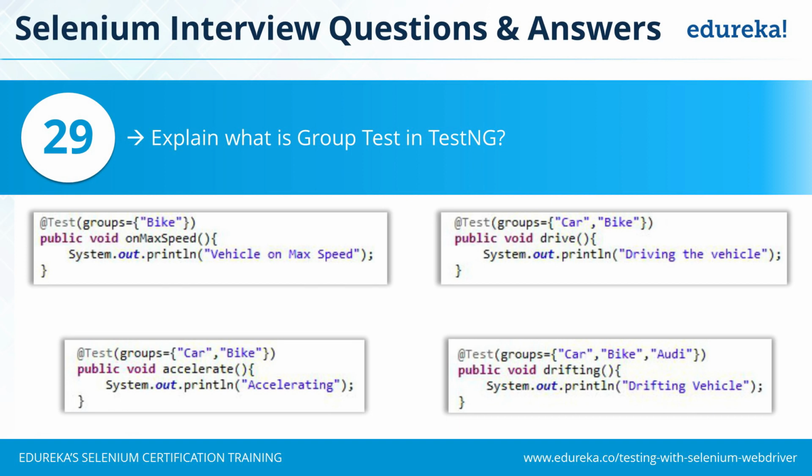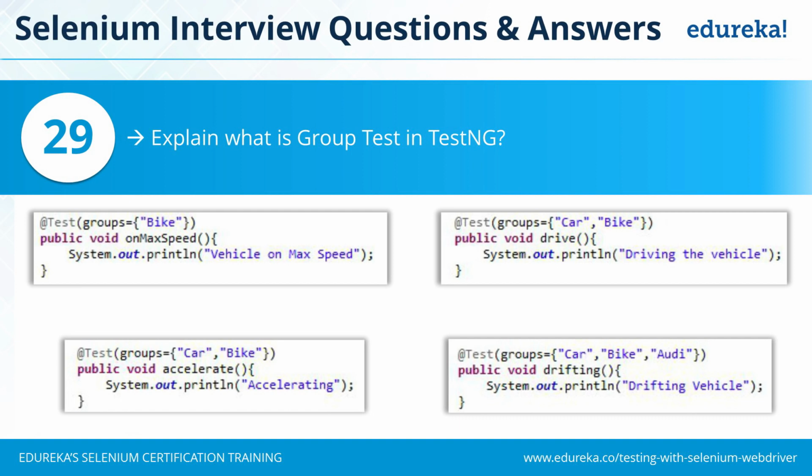So there can be few test cases which are common in all three groups, few test cases common to two groups, and few test cases which belong to only one group. For instance, the release sanity test cases. So a sanity test case can be a part of smoke test as well. It can be the part of release test as well, the same test case.